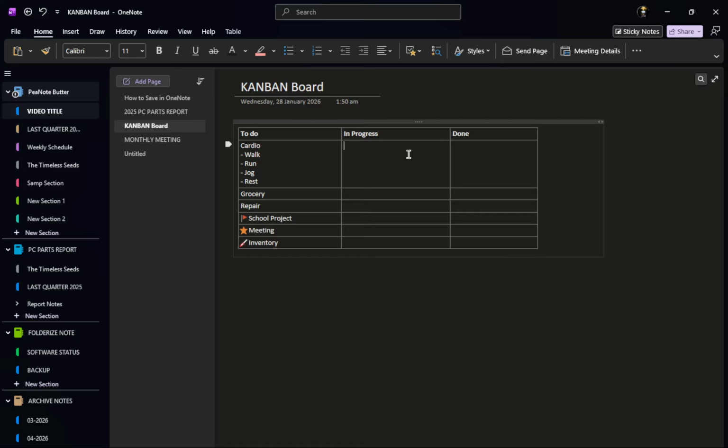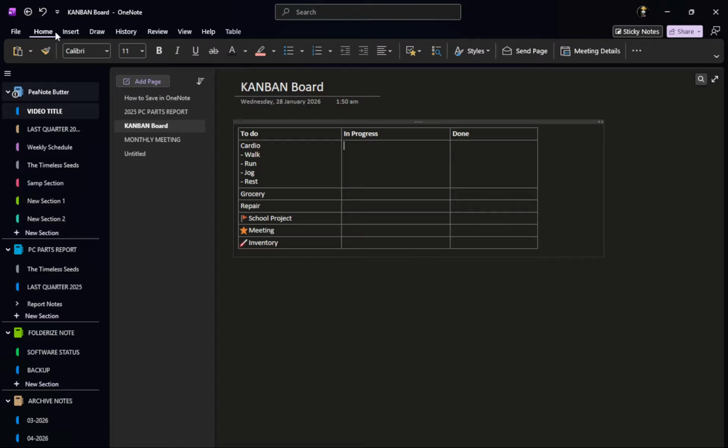From there, go to the Home tab. The Home tab is located at the top of the OneNote window, and it houses many of the tools you'll frequently use. Once you click on the Home tab, you will see various options that help with text formatting and organization. This tab is crucial for accessing the checkbox feature. You'll be glad to know that it simplifies your task management process, bringing everything you need to one accessible place.